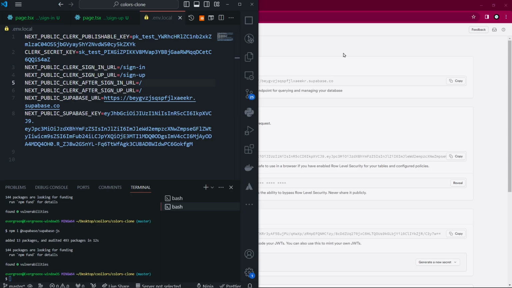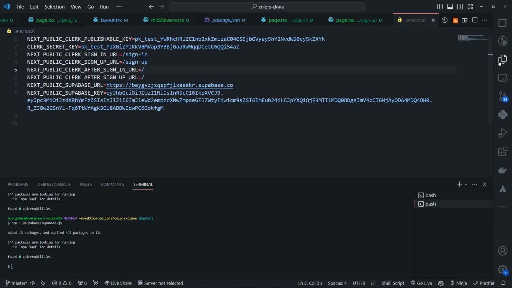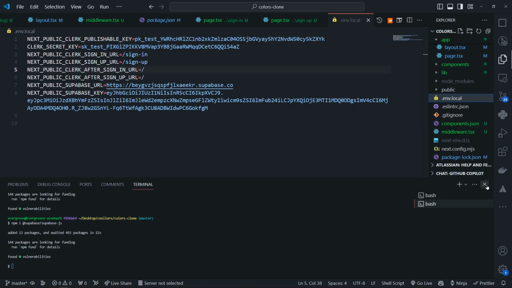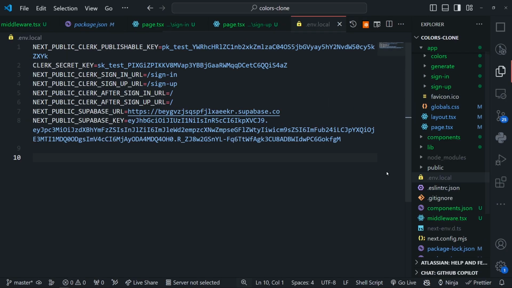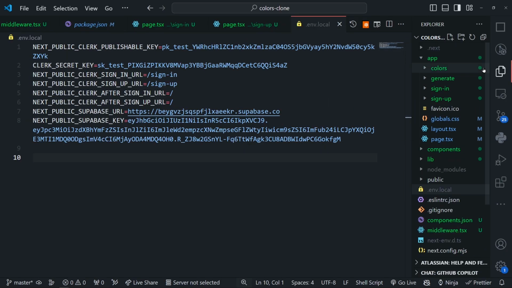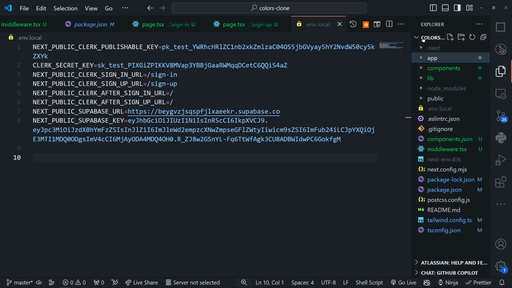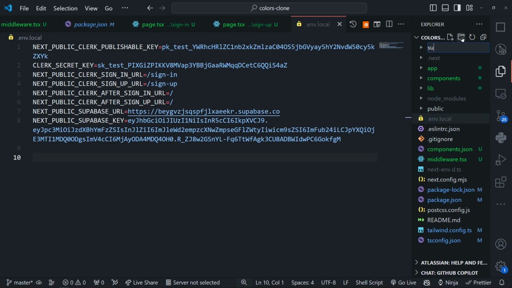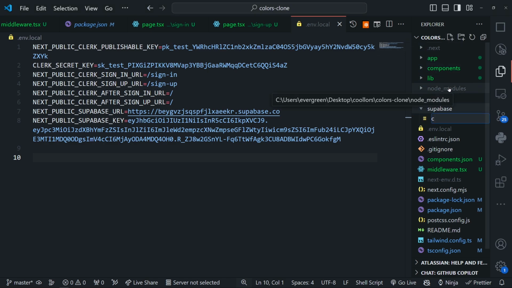Okay, so for us to actually do that, let's open this up properly and take this out so we could see it properly. The next thing we need to do real quick here is create a new directory in the base, which we could just call Supabase. It's gonna hold our Supabase values, and inside our Supabase we're gonna create a client, right? So this should just be create